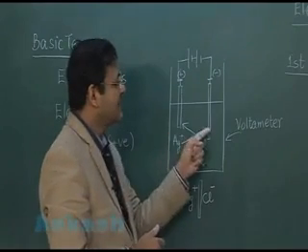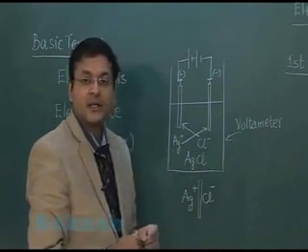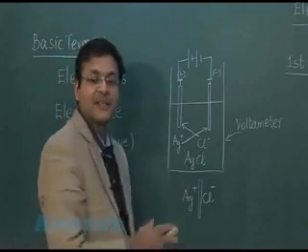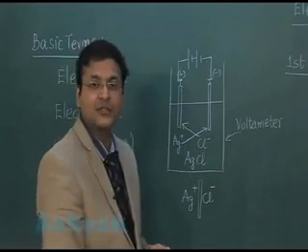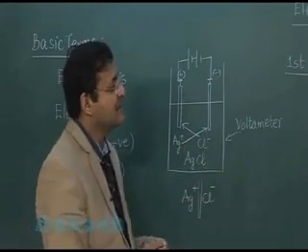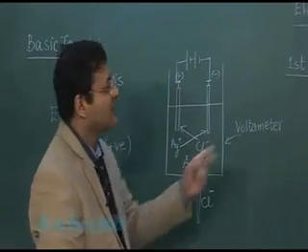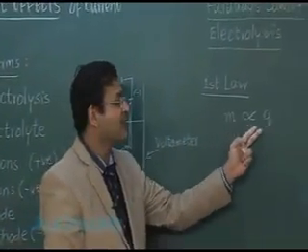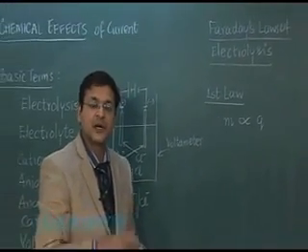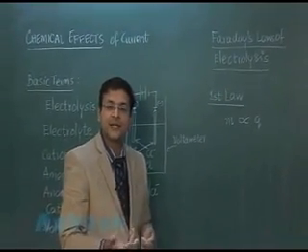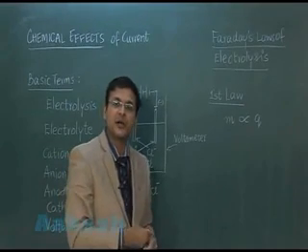Now this silver is getting deposited here. Then in case you have passed the current I and mass M has been deposited, then it has been seen that the mass deposited, which I am denoting by M, that is proportional to the charge which is flowing in the process. अगर आप चार्ज फ्लो double कर देंगे तो आप देखेंगे जितना मास डिपॉजिट हुआ है वो भी डबल